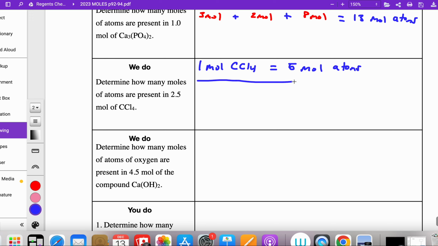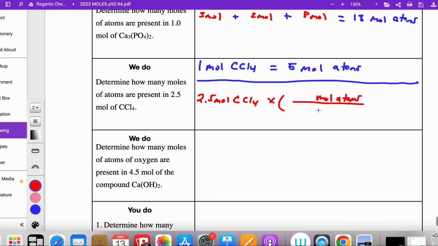There's its relationship. So in this question, instead of having just 1 mole of that compound, I actually have 2.5 moles. So if I have 2.5 moles of carbon tetrachloride, and I want to convert it to moles of the atoms,